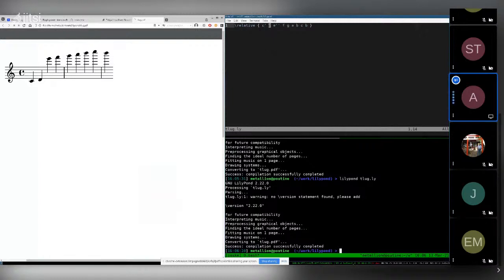Then the next one does not have an explicit one, so it looks at the previous one and says, oh, I'm close to this note, so it's drawn here. Then the next one says explicitly, I'm in a higher octave, so that one goes up here. And then the next is drawn relative to this one.